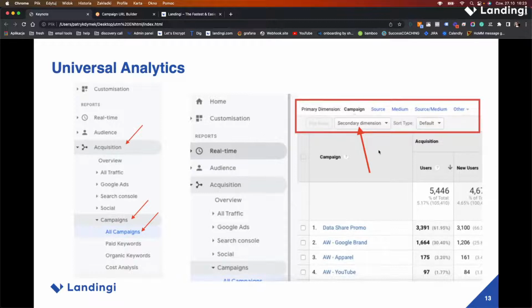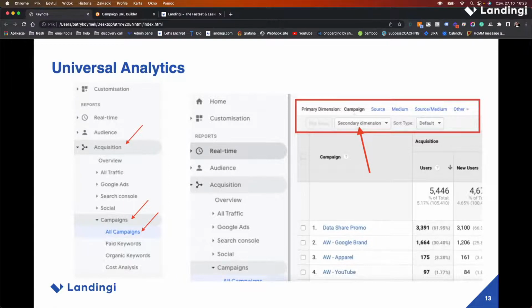If you would like to add an additional dimension, you can click here to add a secondary dimension, and there is the source/medium dimension, which will bring up another column over here. The campaign as a primary will be displayed here, and over there will be an additional column, source/medium, which will show you the additional data from the UTM parameters, of course.